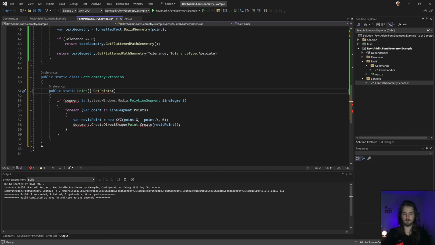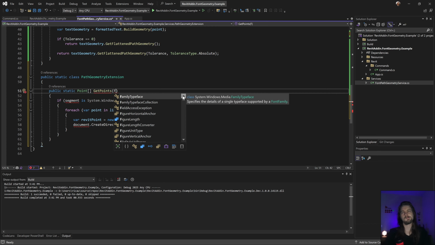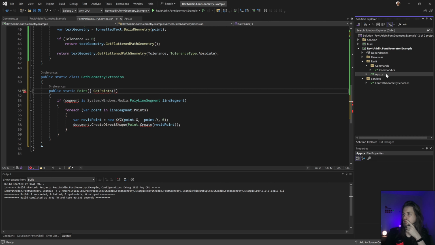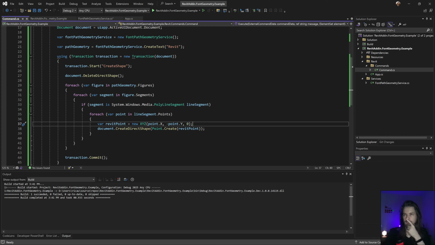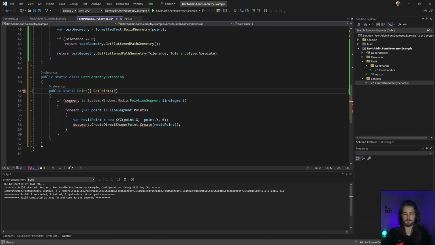Okay, let me think. That's the side. This is gonna be a lot. The figure. Yeah, each one is gonna have one continuous path. Yeah, that's right, I need this. Okay, figure.